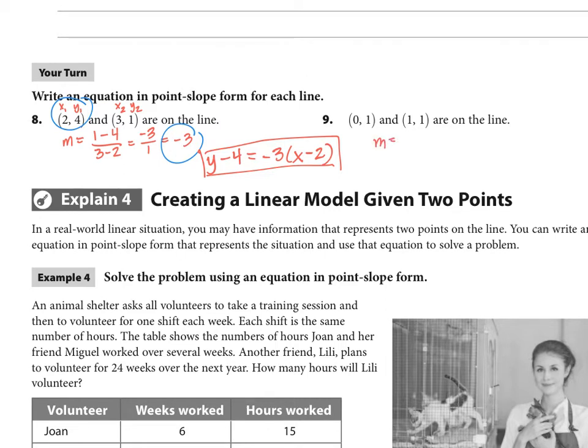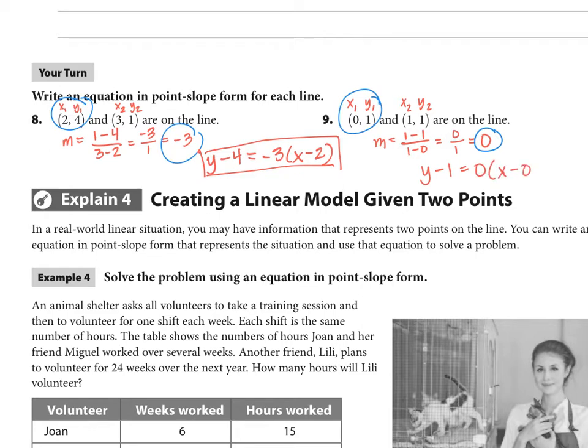So this one is a special type of line, if you notice while trying to work on it. And we have x1, y1, and x2, y2 so that we can calculate our slope. Subtract my y's, 1 minus 1, and then 1 minus 0. That's 0 over 1. And 0 divided by any number is 0. And I'm going to use a point. So let's say I use this first point, and the slope, my equation is y minus 1 equals 0 times